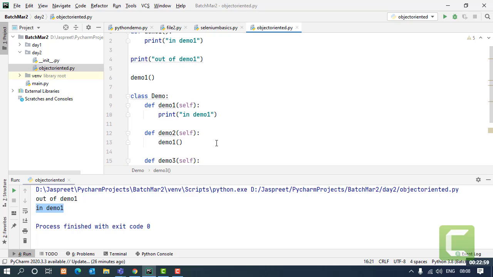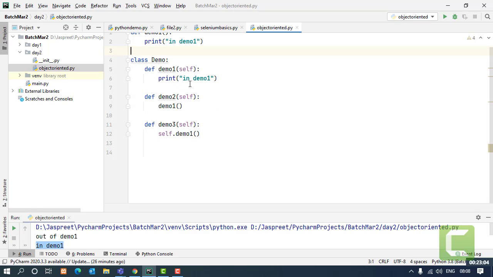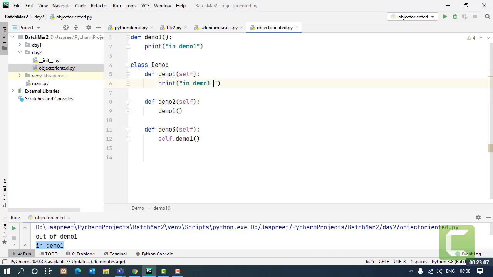Okay, so now what has been done in this class, I'm going to remove this for the time. The class I have made: the keyword is simply class, followed by the name of the class you want to give and a colon. Automatically when you press enter, the space will come, so that it defines that whatever you are going to do will be inside the class only. The scope of the class will be until you remove that space and you go back to the margin.